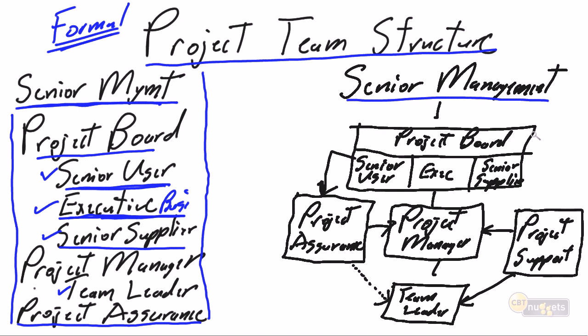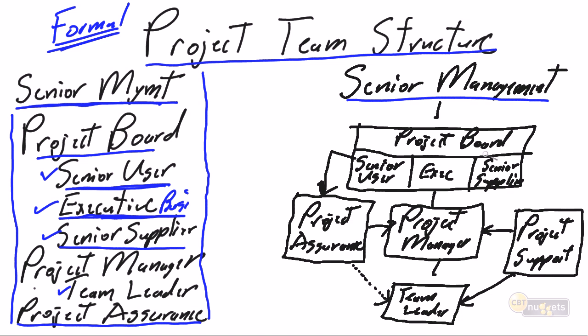Then we have the all-important project board, which reports directly to senior management and takes its orders from senior management. They are the ultimate decision point, again, within their tolerance levels for the project. And we have the senior user, senior customer, the business executive, and the senior supplier as peers within the project